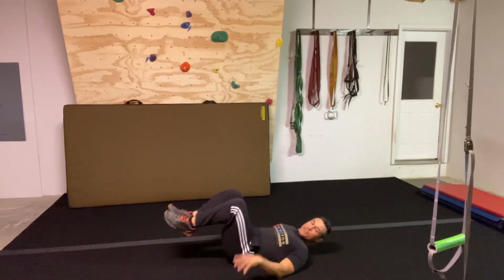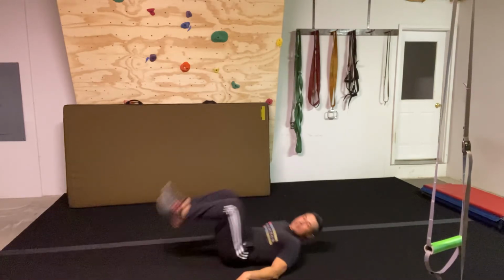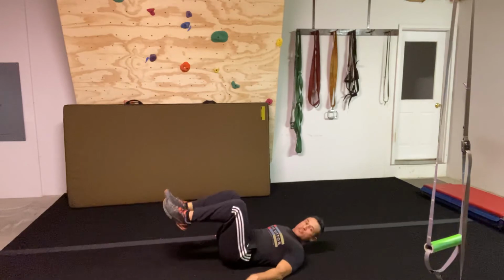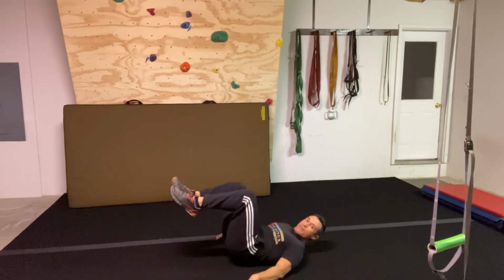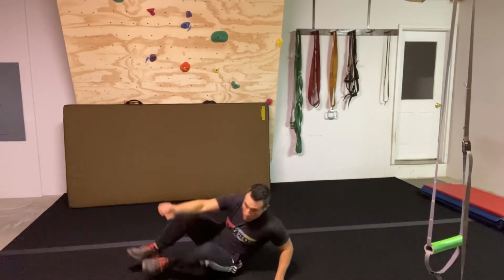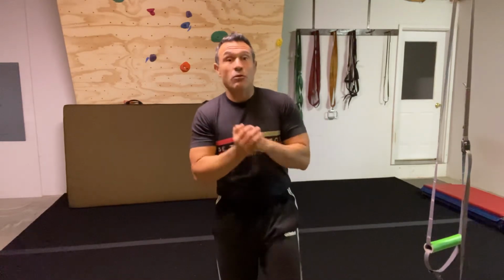Now, when you're doing this motion, the trick is not to use a lot of momentum to get the legs up. That's something completely different. So stabilize, my head is up here just to kind of talk to you guys. From here, the pelvis tucks under, the knees come up. Okay? So those are my 5 favorite exercises for women over 50 to work on having both function, strength, and